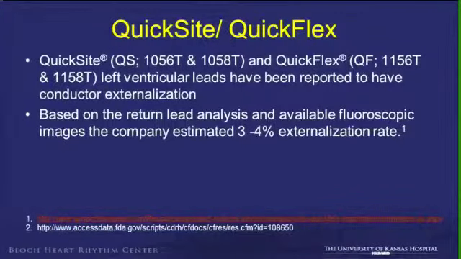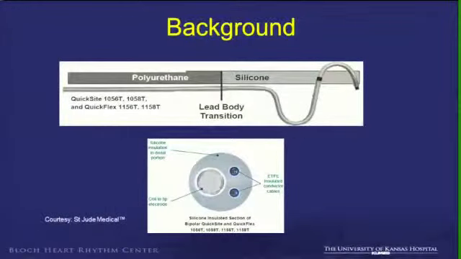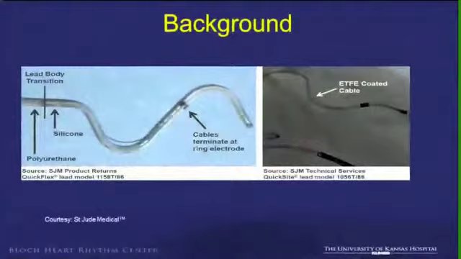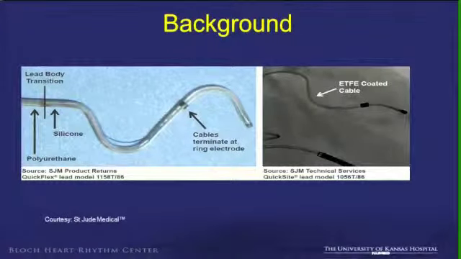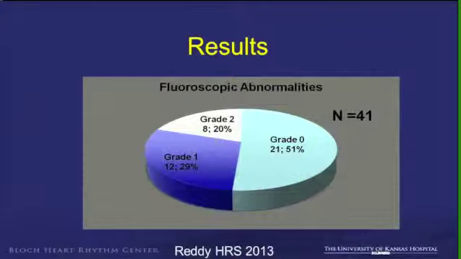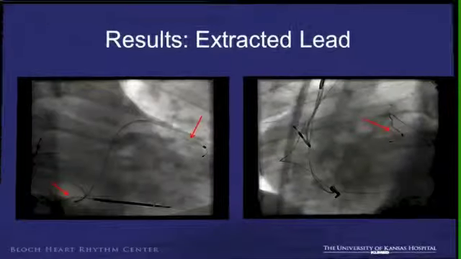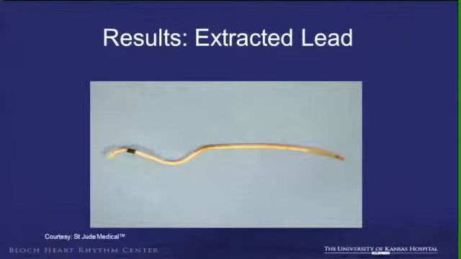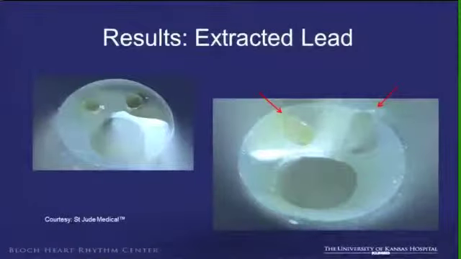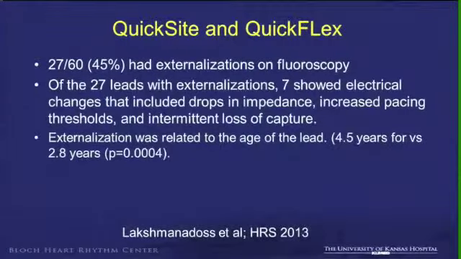These are the LV leads. The impact is less. It's again silicone coating and externalization of the conductor cables through the silicone coating. This is our experience: about 50% had some structural abnormality, and complete externalization in about 30% of the leads. We did not find any electrical failures in all these leads. We also saw some subclinical externalization. This is a structurally normal LV lead. When we look at that under a microscope, you see that the conductor cables were about to extrude out. So just like the Fidelis, I think it's a spectrum. The mechanical failure is a spectrum.